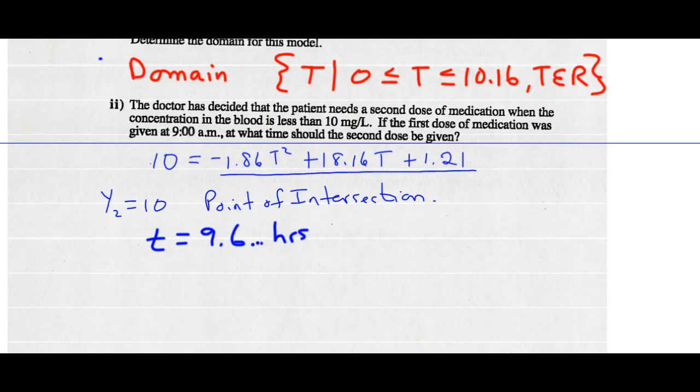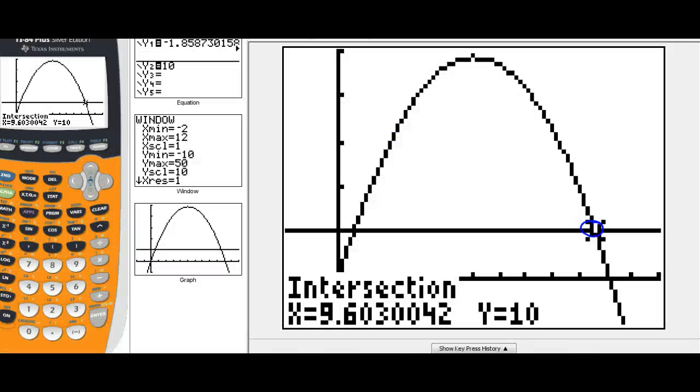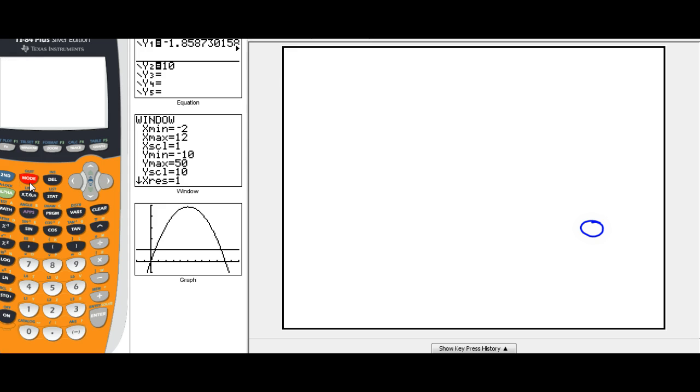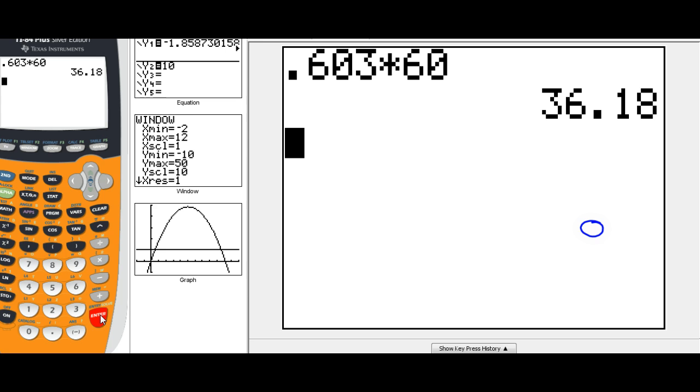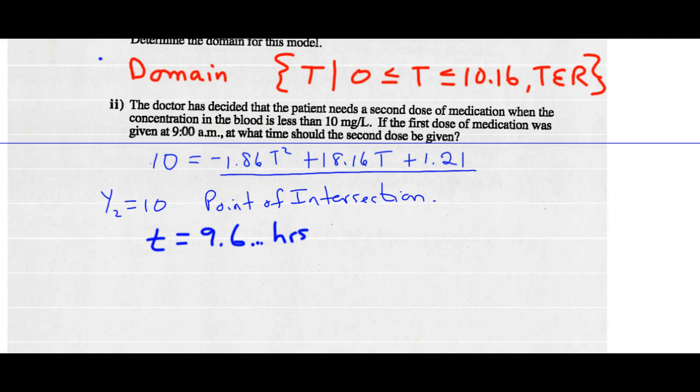So this was given at 9 a.m. I'm going to go 9.6 hours after 9 a.m. So 9.6 hours, go back to our calculator. So it's 9.6030042. All right, so 0.603 and so on times 60 minutes will tell us about 36 minutes. So it's going to be 9 hours, 36 minutes